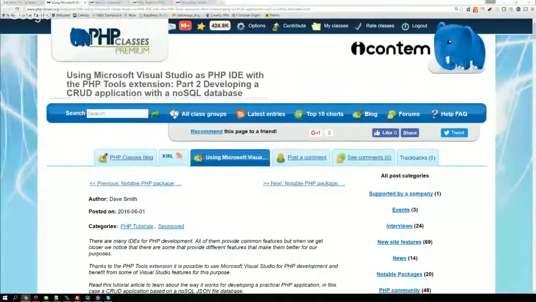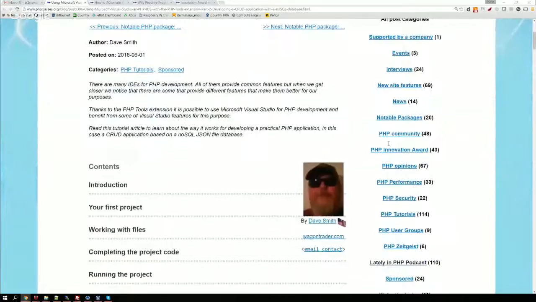The first one I would want to comment on is using Microsoft Visual Studio as a PHP IDE with the PHP Tools extension. This is the second part of the article describing how to use it to build a CRUD application with a NoSQL database. The author is Dave Smith, but first, I wanted to mention that I think my first prize from